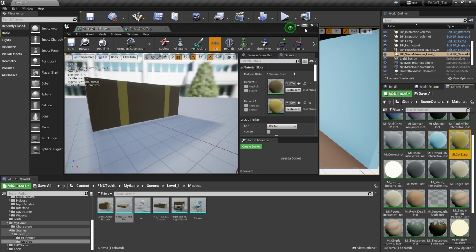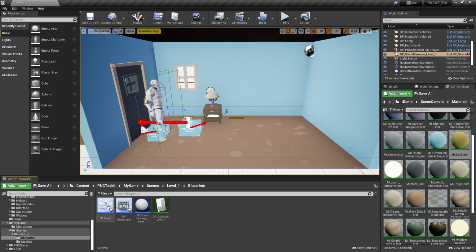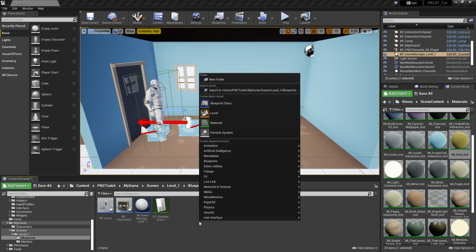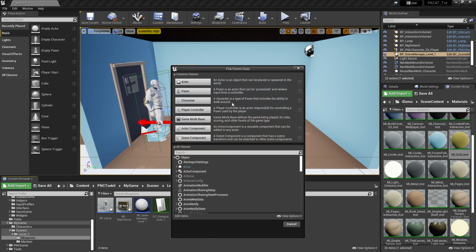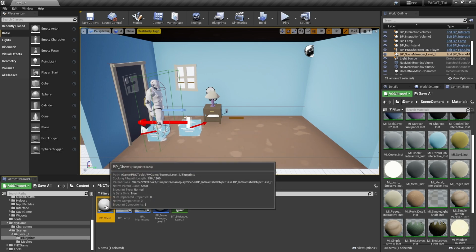Save those, close them, and this will be a process that now we should be familiar with. New blueprint class, and here, interactable object base, and we'll call it BP chest. Open that,